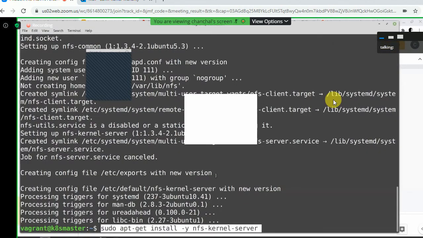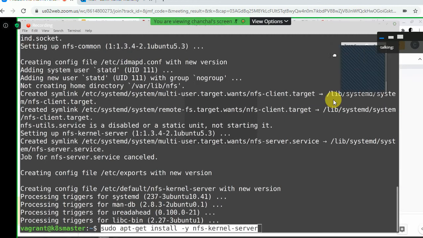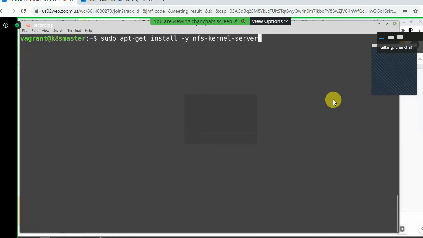I have already installed it and shared the command. If there are any other commands I have to share, I'm keeping the chat window open because we are doing something new. Right now we have used this command, sudo apt install nfs-kernel-server. So the NFS kernel server has been installed. Let us now make a directory with mkdir. Since I am working as the vagrant user,